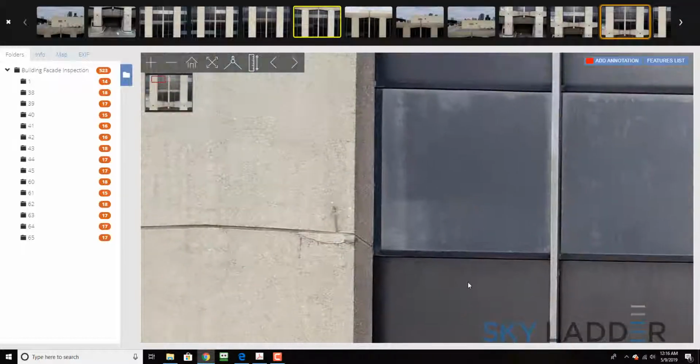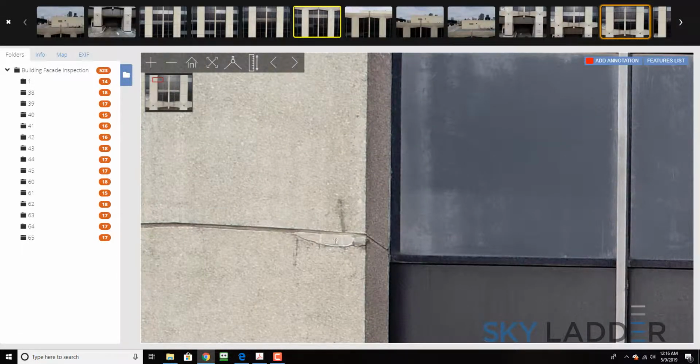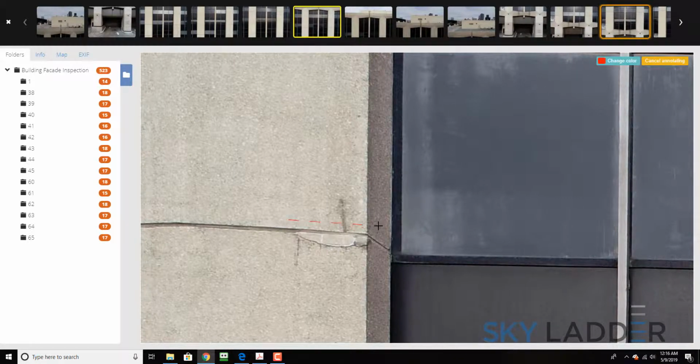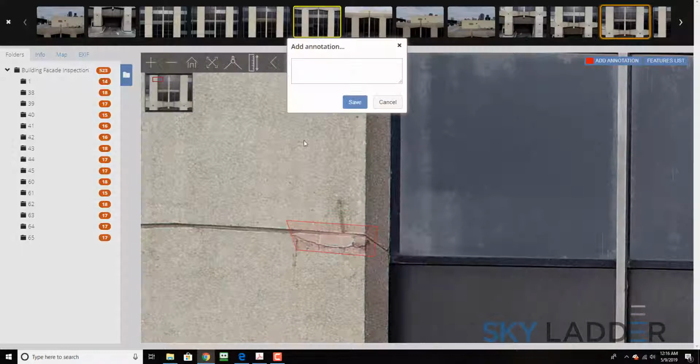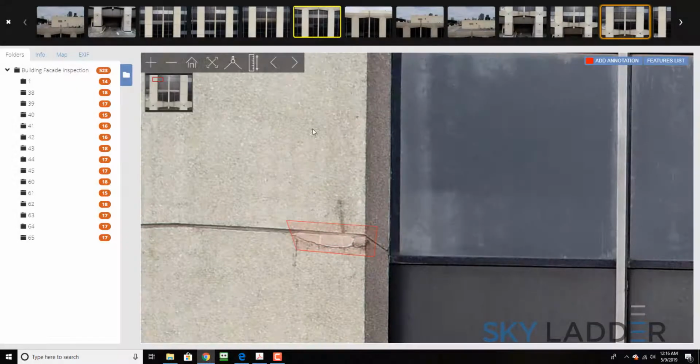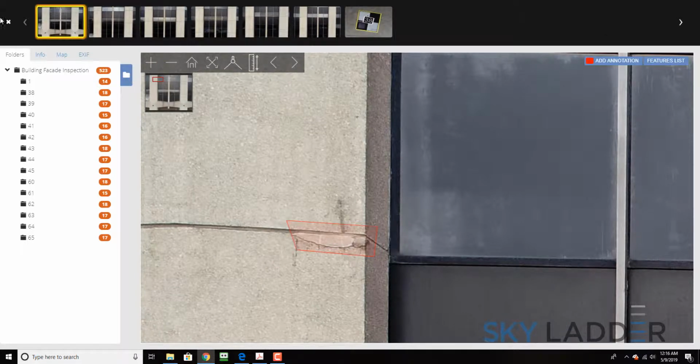So, and so zoom back in. As you can see, the 20 megapixel camera gives terrific resolution. Hopefully you can see this nicely. Add an annotation again, right? Let's call it a crack,